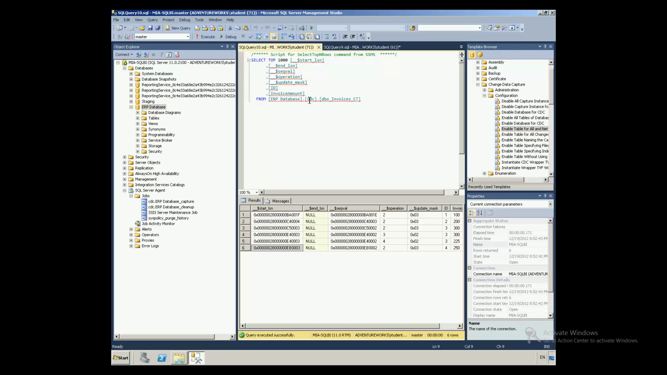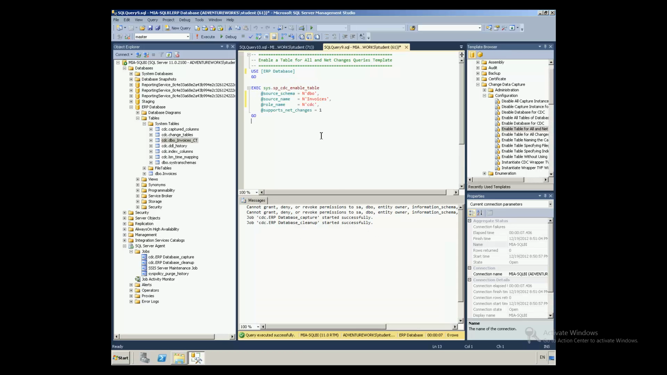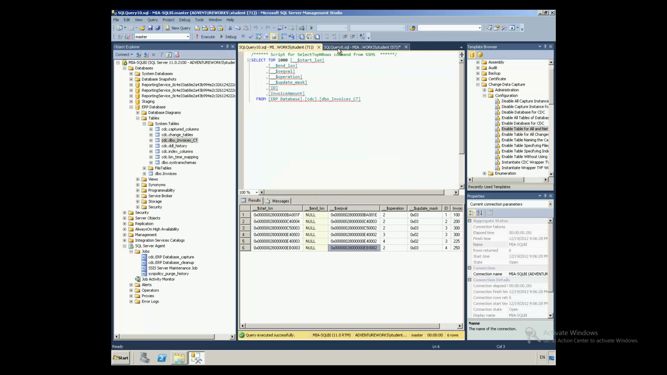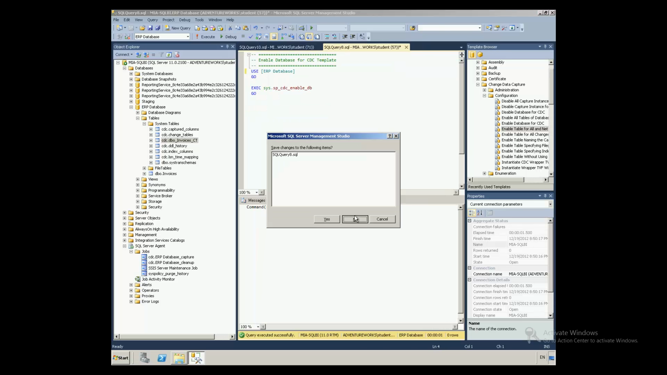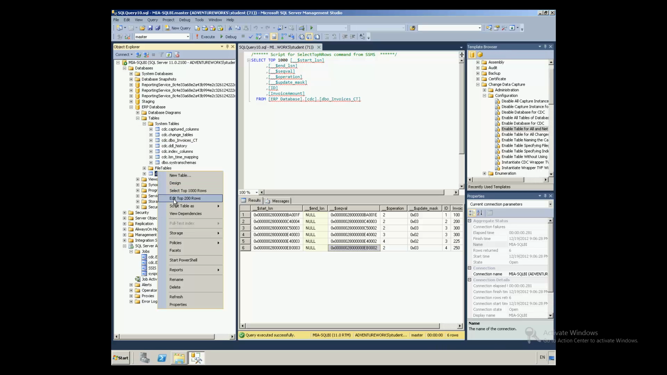The benefit is that now you have a new table under system tables called the schema name, underscore, table name, underscore CT. So it's dbo_invoice_CT. And if I run this, then I can see that I already have 6 records. If I go over here, sorry, I need to close that one. We have to clean up a little bit. One second here. If I open my invoice table for edit,